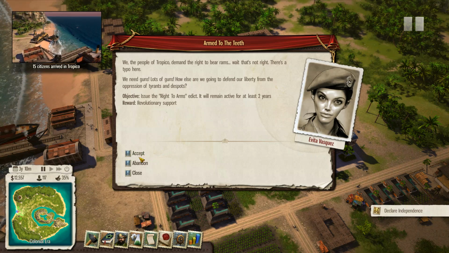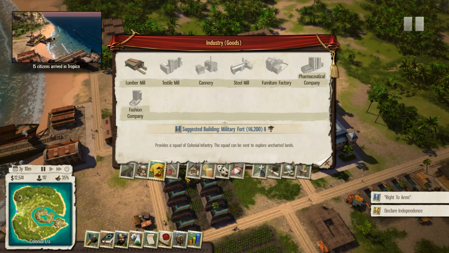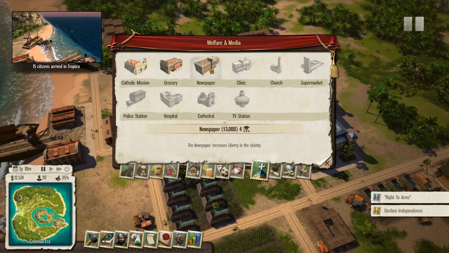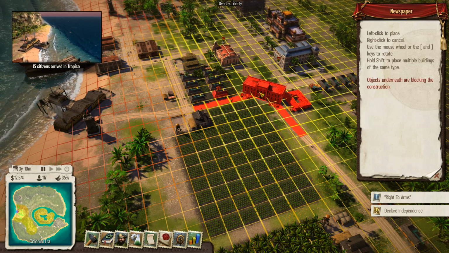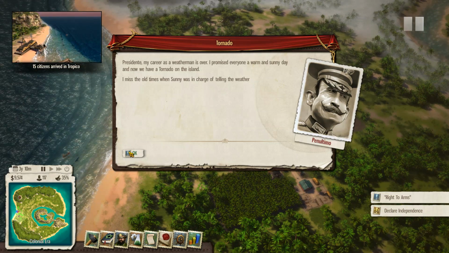Wait, that's not right. There's a typo here. Alright, well, so that kind of opens up the game even more. So it'll unlock this newspaper building, and what this newspaper will do here is that, as soon as we build it, it will allow us to increase